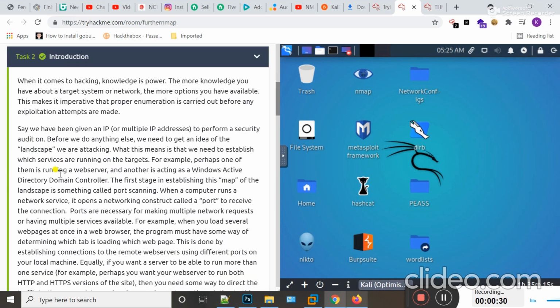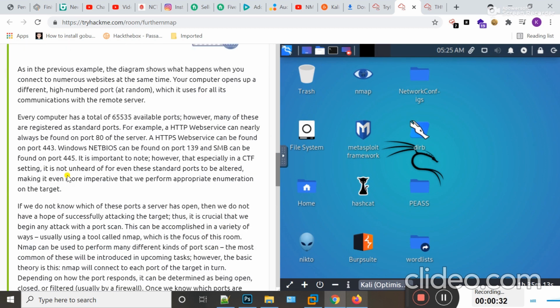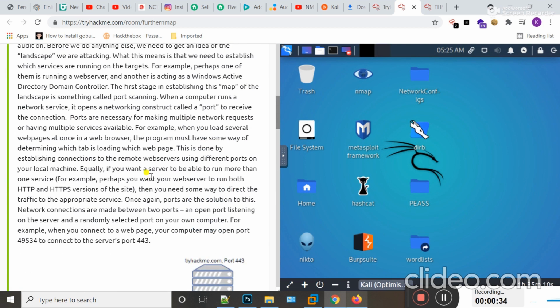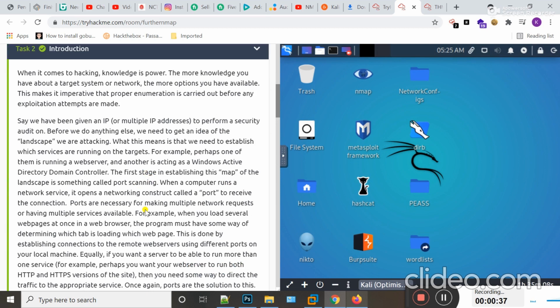In the introduction, you can see a lot of theory. I'm not going to read all this, but I'm trying to give you the concept of the basic purpose of Nmap and why it should be used. Guys, Nmap is a network scanning tool. It's a footprinting tool, and you can use it to gather information about your target machine. In penetration testing, information gathering is the first step, and you can get detailed knowledge about your target machine by using Nmap.